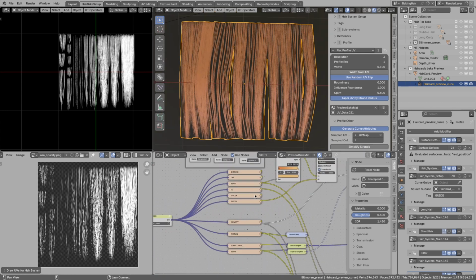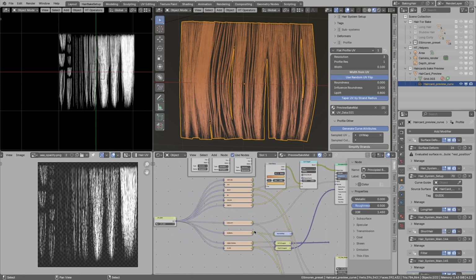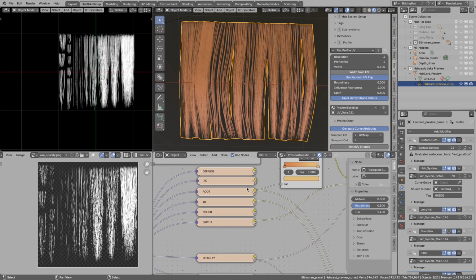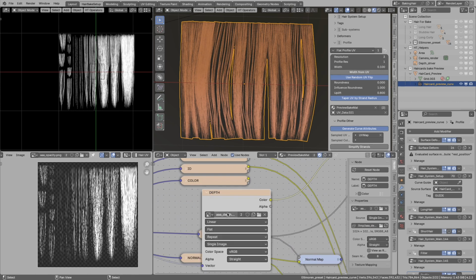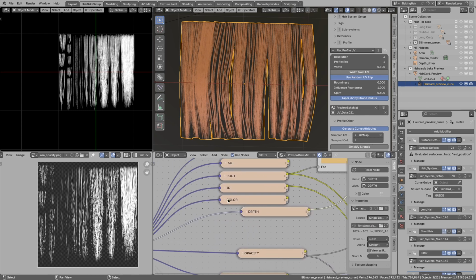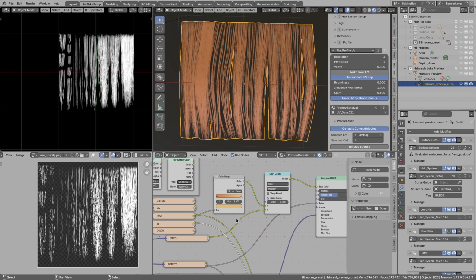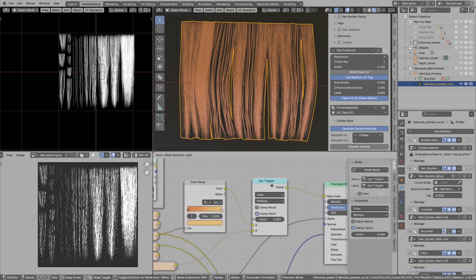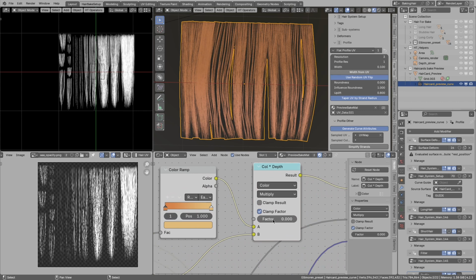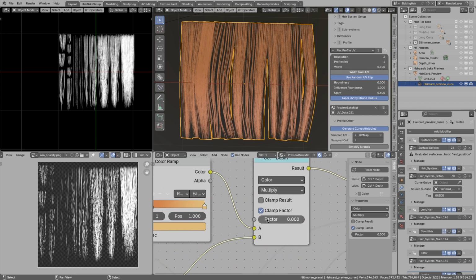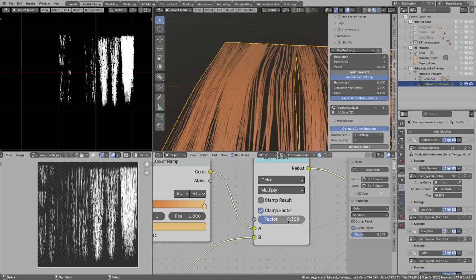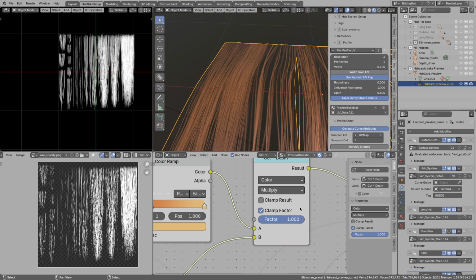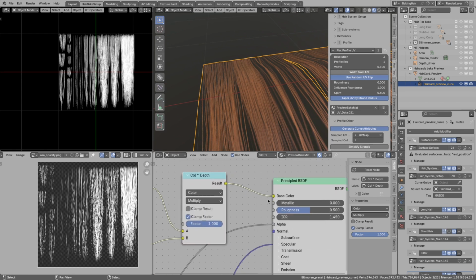And in the material, you see we have all the textures, and from all those passes we currently baked only depth and only opacity. So you see those images are loaded into the nodes. We did not bake ID or root, and so they are empty. The depth pass goes into this mix node, to the bottom input, and the factor for multiply is 0, so we do not see any depth on the strands. That's why it is a bit flat. So let's increase the depth mix factor, and now you see the depth pass is mixed and then loaded into